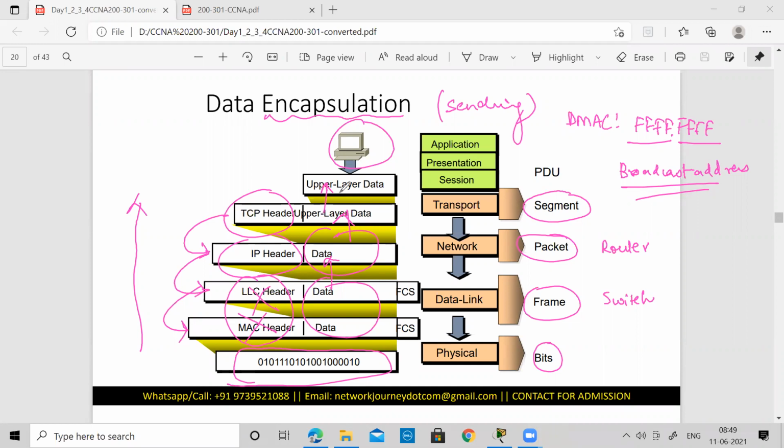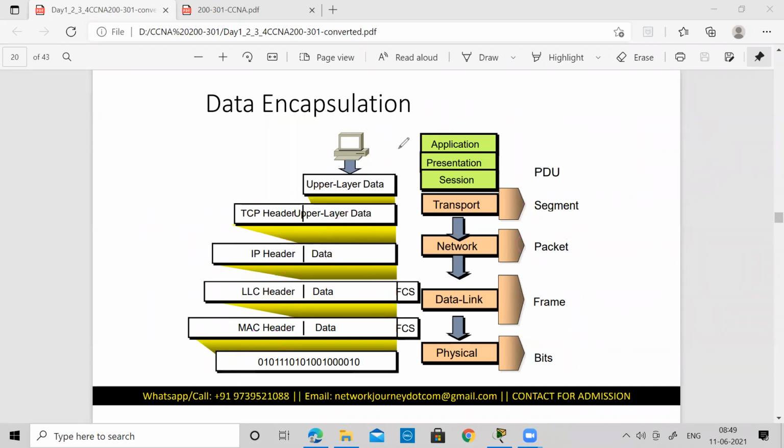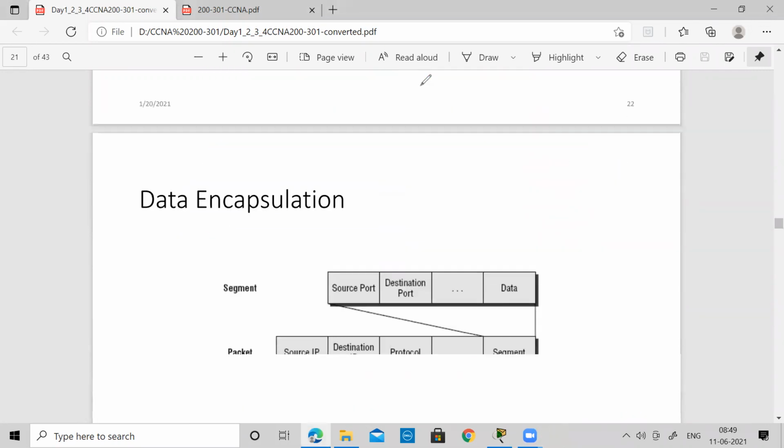Okay, so I hope this is clear, how the encapsulation process is going up and how the decapsulation is also going up. Also remember that I'm going to use specific terms when I am speaking about a specific layer. When I am on the data link layer, I will refer to my data as a frame. When I am on my router, I will refer to the data as a packet. So these two terms I will be generally using when I am on my router or on my switch. Okay, this was all related to yesterday's class where we discussed the information about all the 7 layers and what they are doing.